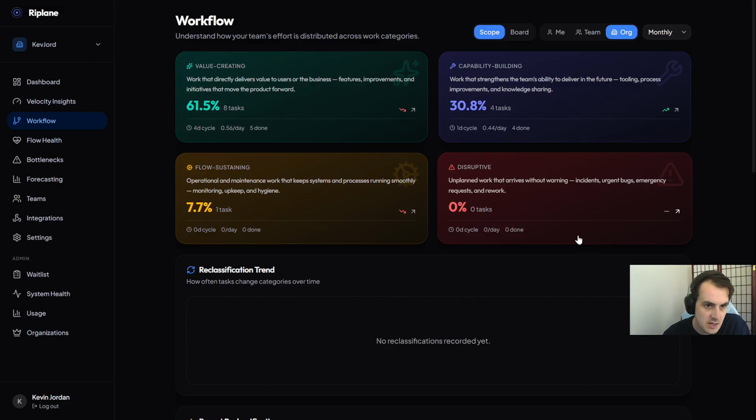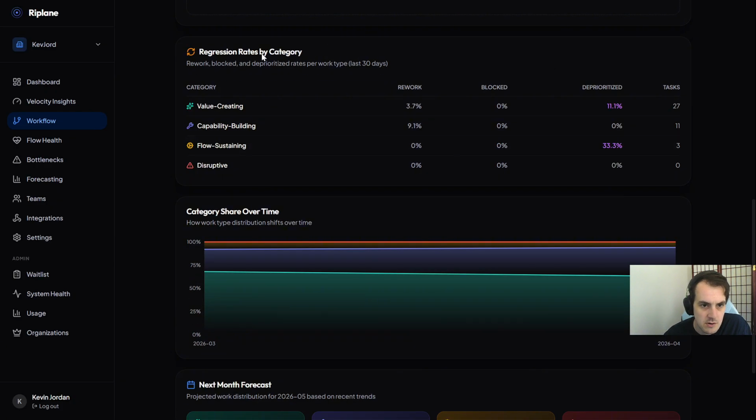so that you can start understanding what types of work you are undertaking. So we have value creation, right? These are basically planned business tasks. Capability is work that strengthens the team's abilities to deliver in the future. Flow sustaining is operational and maintenance work, right? This is like something gets updated and you need to update some more things based off of that. And then disruptive is like unplanned fires, emergency requests, etc. that come in. So this allows you to start getting an understanding as to where different types of work align,